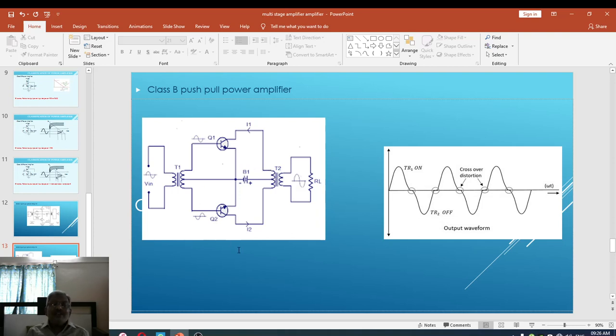Hence here transistor Q2 acts as a pushing transistor, whereas transistor Q1 acts as a pulling transistor. Thus every time the difference between IC1 and IC2 flows through the primary winding, and because of that it will develop the mutual flux between primary and secondary winding, which allows amplified current to pass through the load resistance RL, which will develop the amplified power.